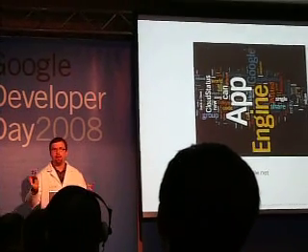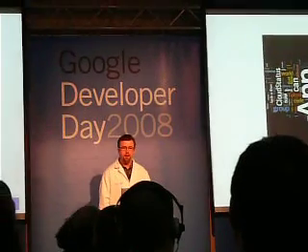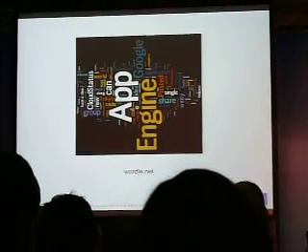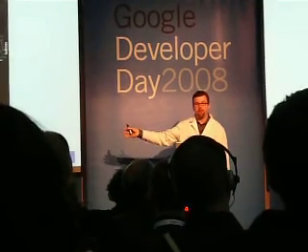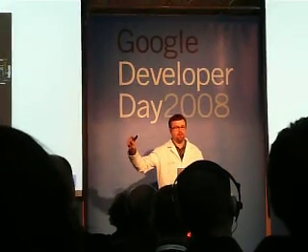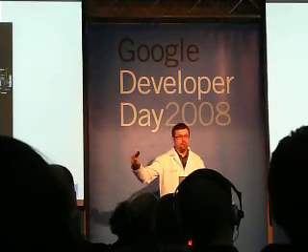You can create word clouds based on text that you provide. You can either copy and paste a bunch of text into it, or just point it to a URL of a web page or a feed. You can see I created this in less than a minute by just putting in the URL for the App Engine blog. So it just looks at the frequency of the words and then gives more prominence